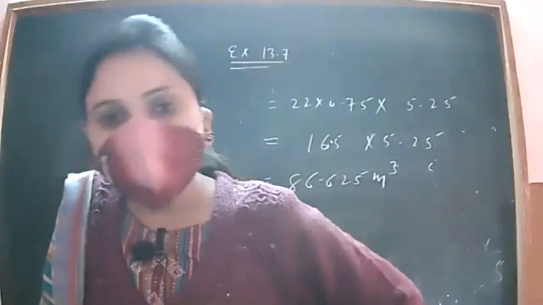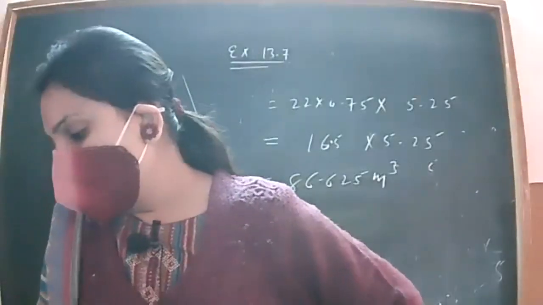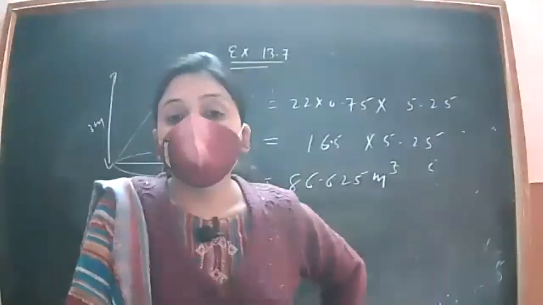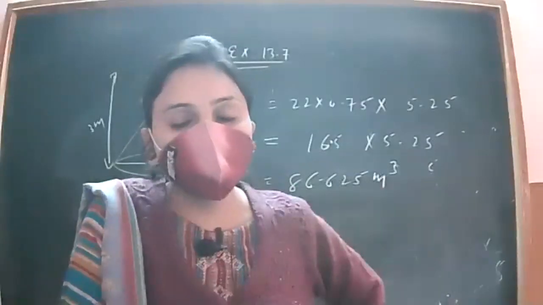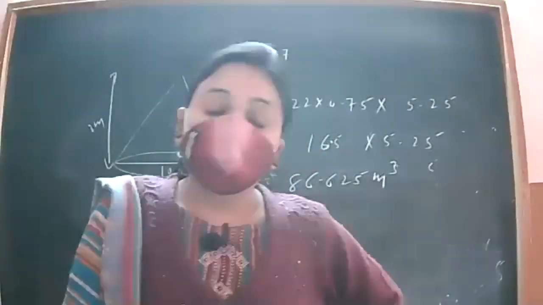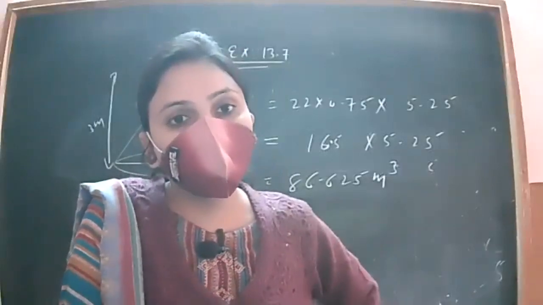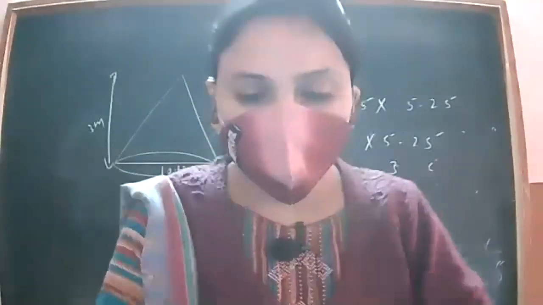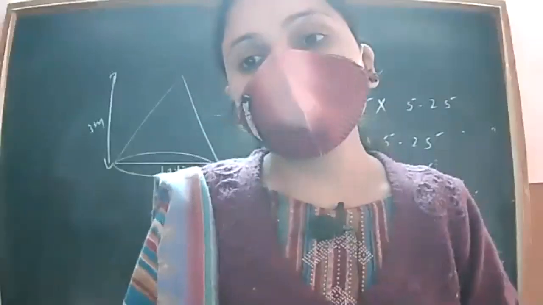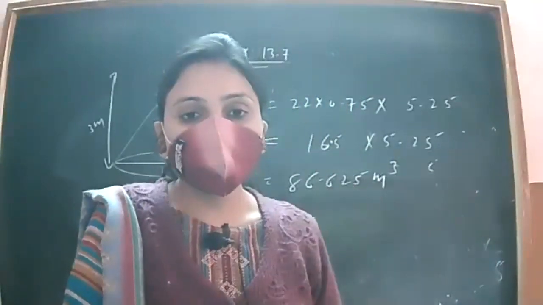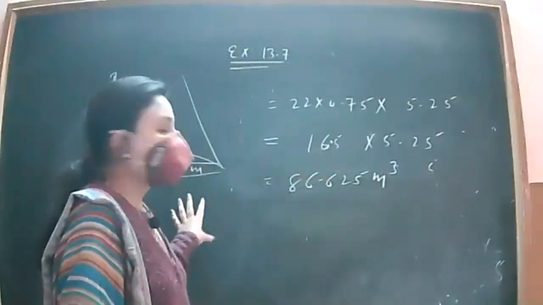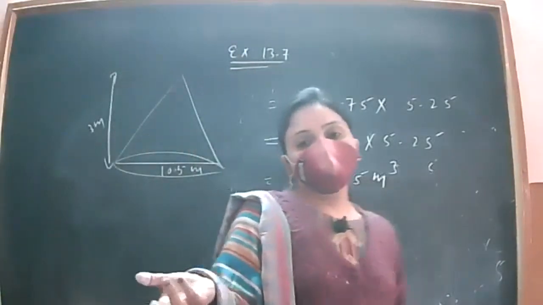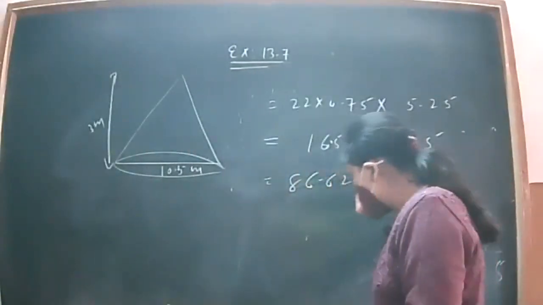So the next question is, the heap is to be covered by a canvas to protect it from rain. As we all know, farmers are very worried that if the rain comes, what will happen to their hard work, what will happen to their wheat. No cold storage has been made for the farmer on a large scale so that their wheat can be saved. So what they do is just cover this heap with a sheet or some canvas so that some portion of the wheat is saved.